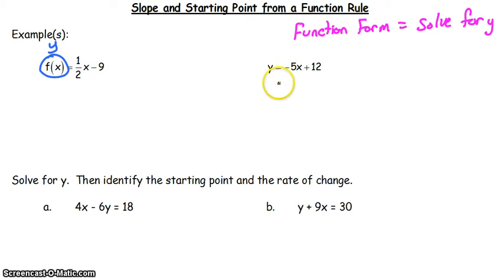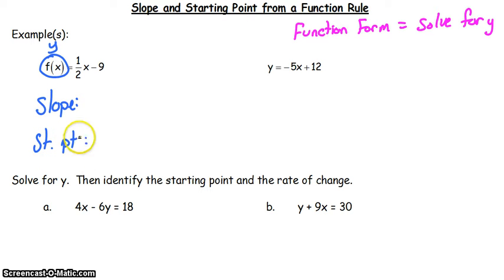What you notice on your homework from a week or two ago was that when we were finding rate of change from a table, it always matched up identically with the number that you were multiplying x by. That is always the case as long as your equation is in function form. So with our first two examples here, the equations are in function form, so we can identify our slope and our starting point